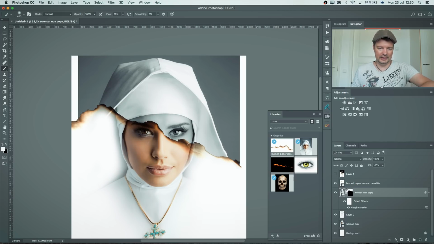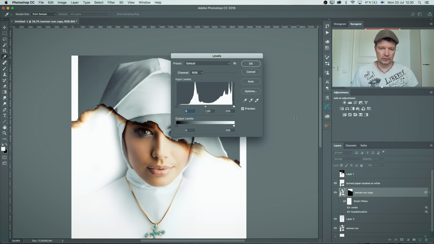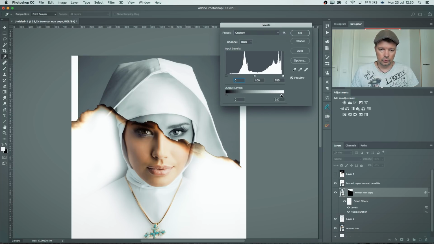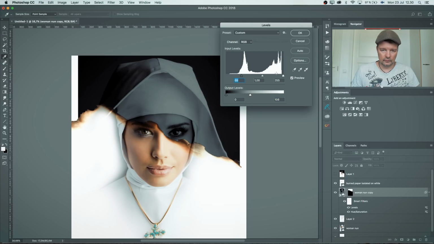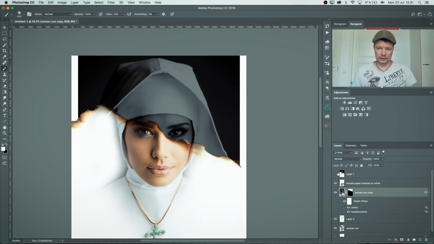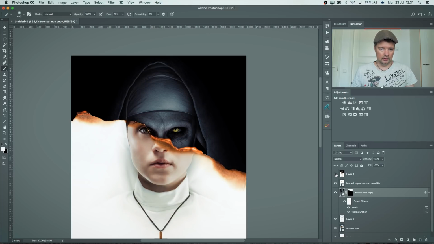Then definitely levels. This is what I need to do. So I need to push a lot more darker shades in the image like this, but also get a bit more contrasty on this side. So something, and even push slightly more from here. So, well, something like this. So let's check it out. Okay, getting closer,